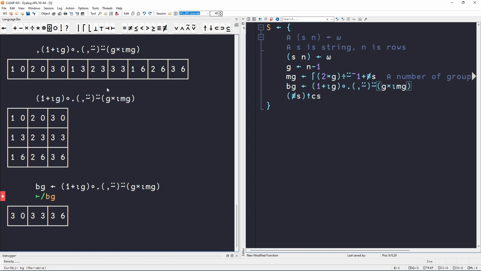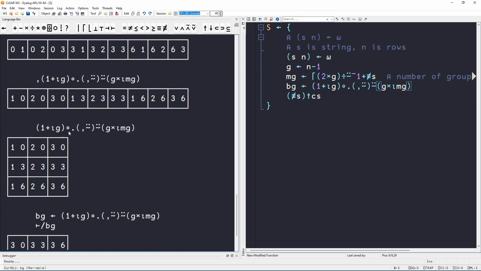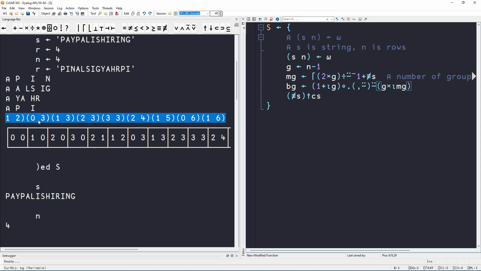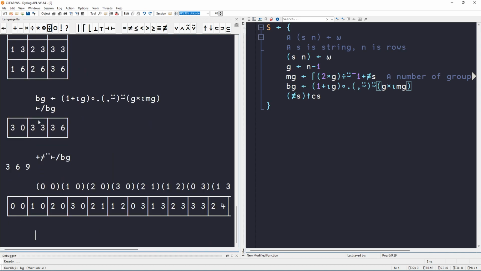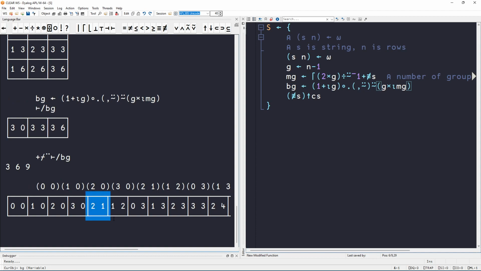Let me think. Yeah, I can do this. I can sum each. Now I should probably go and grab those just to show you what I'm talking about. So what I've built was this portion right here, and the one that starts here. Now what I want to do is build this one, and the way I do it could be, for example, by taking these and then adding a couple of